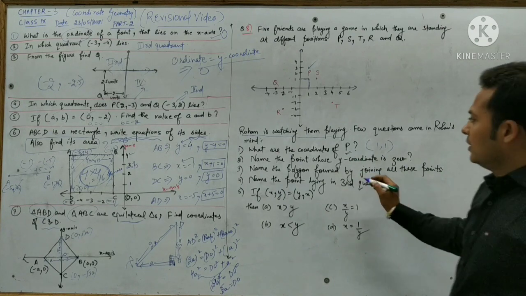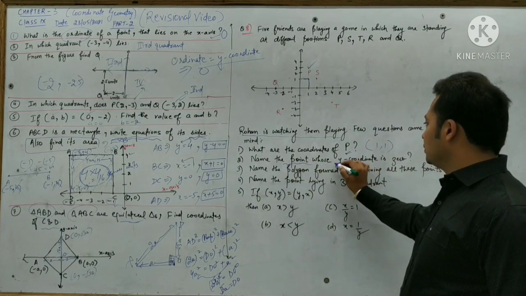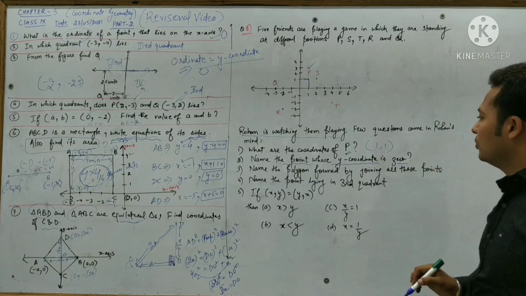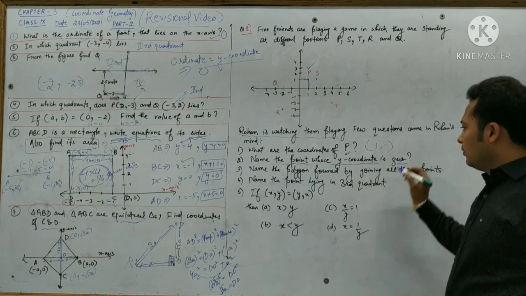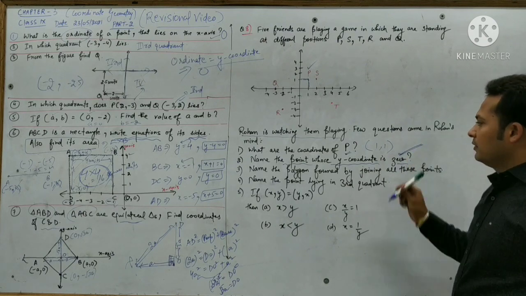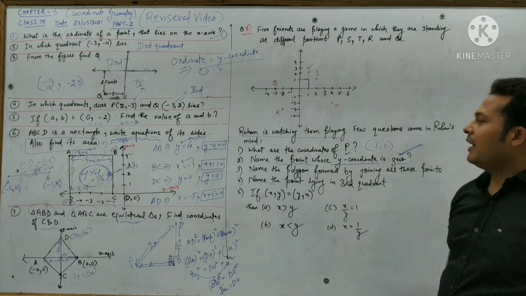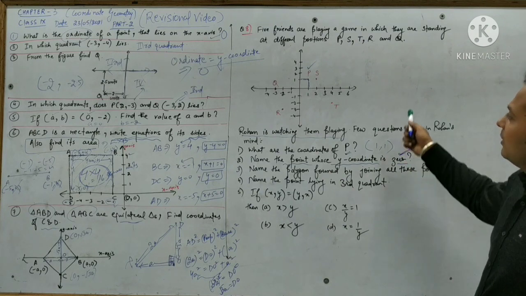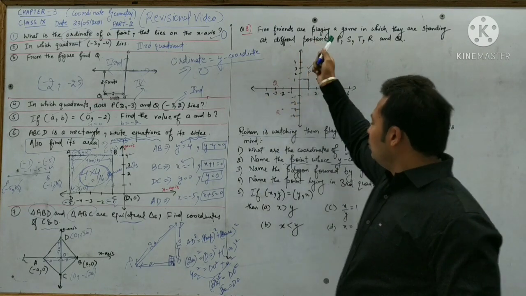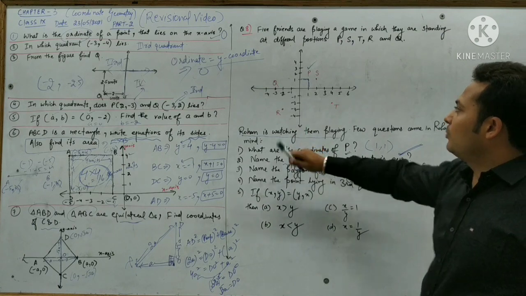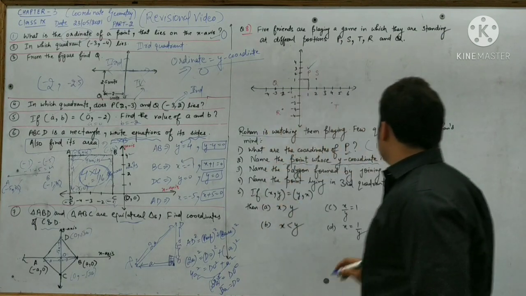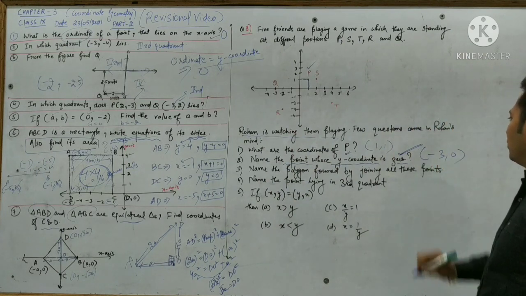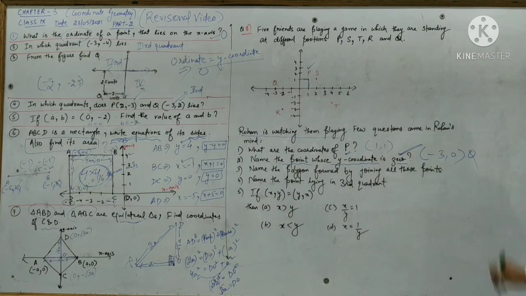Name the point whose y coordinate is 0. We all know that ordinate of a point would be 0 only if the point is lying on the x-axis. So see, the point that lies on x-axis is our Q and we are to write that point. So its perpendicular distance from the origin is minus 3 units. So the value of this point is minus 3 comma 0. Moreover it's Q.